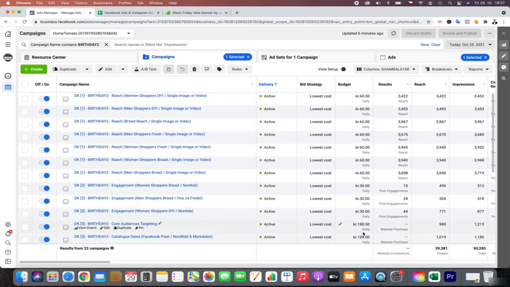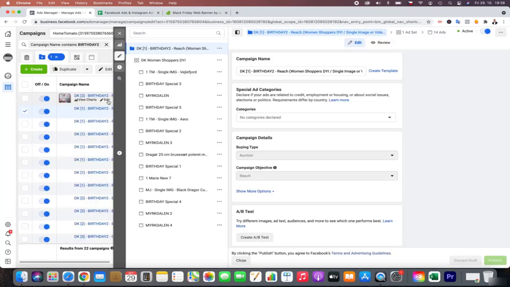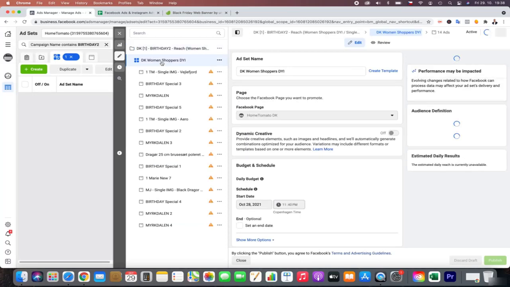So basically the reach is quite simple. As you can see, I have brought different personas into the campaign. And basically, I can just quickly show you so you can imagine a little bit more.